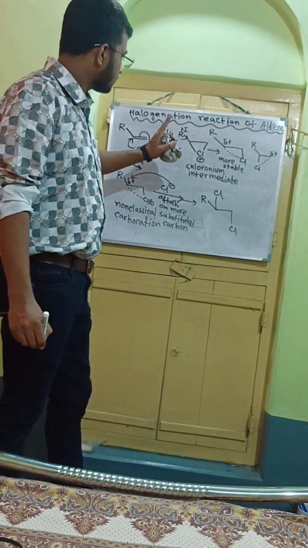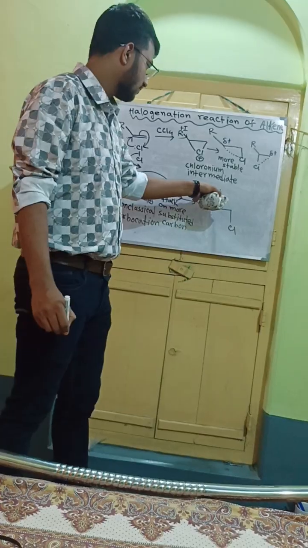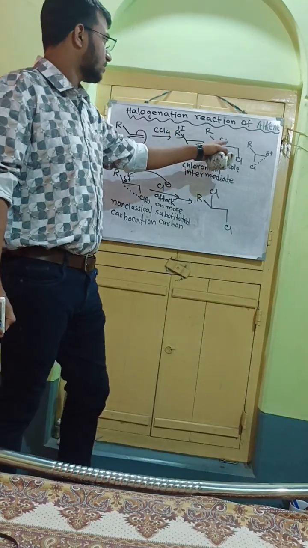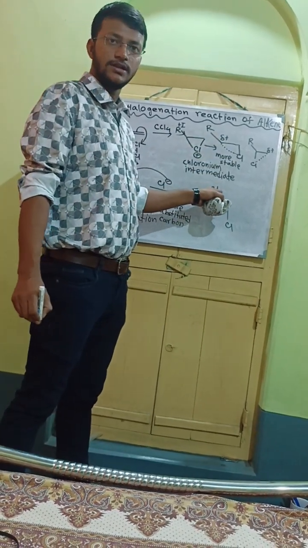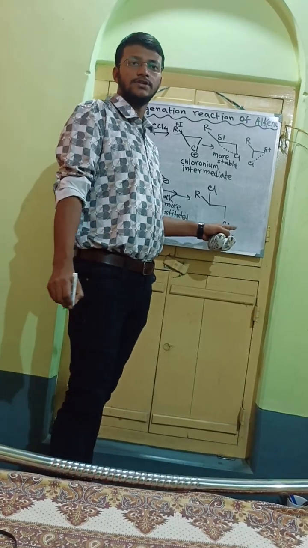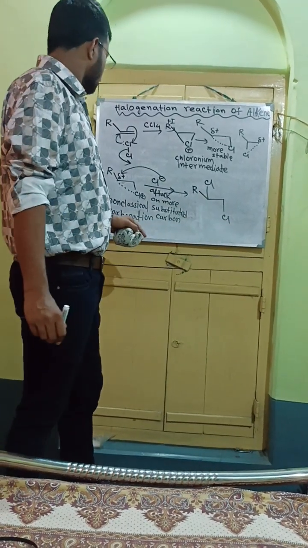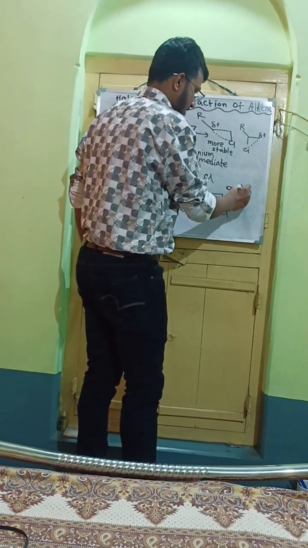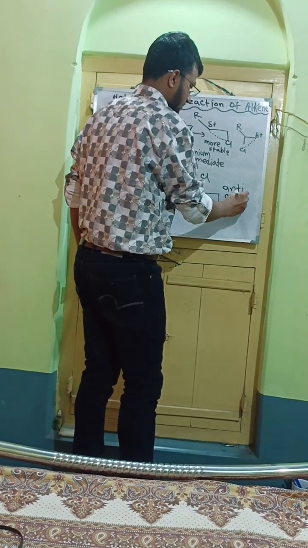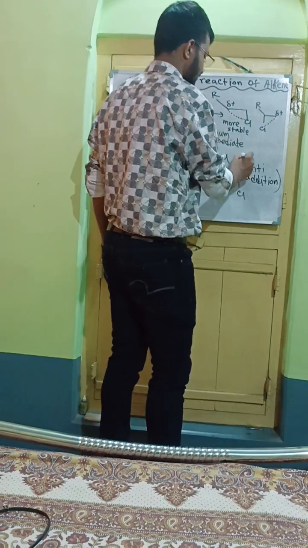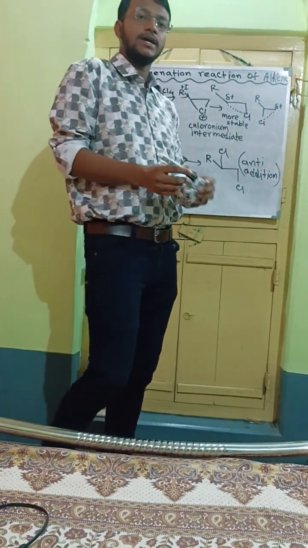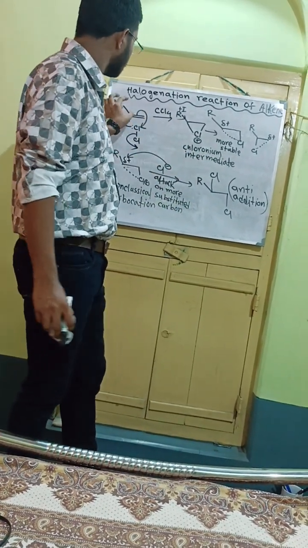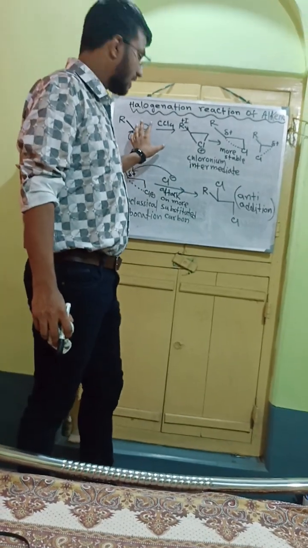If we start with Br2, then here one bromine, here another bromine will be attached. Clear? If we start with iodine, then here one iodine and here another iodine will be attached. Clear? So in this way we can find that the addition is anti-addition type. Clear? So we can revise one time that this is an alkene, okay, and this alkene